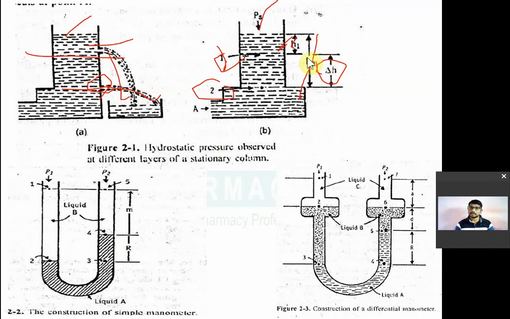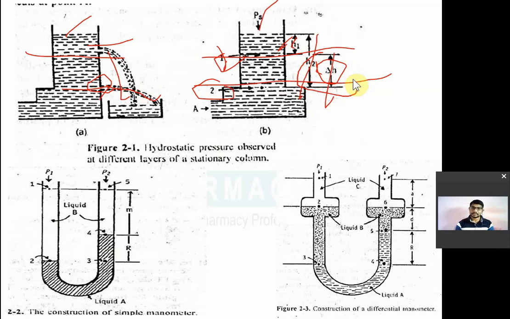This point here will have lower hydrostatic pressure, and this point here will have higher hydrostatic pressure. Now the pressure differential you can measure by just measuring the difference in the height, that